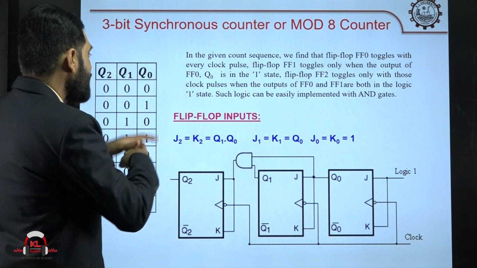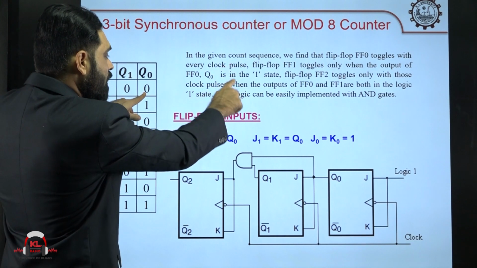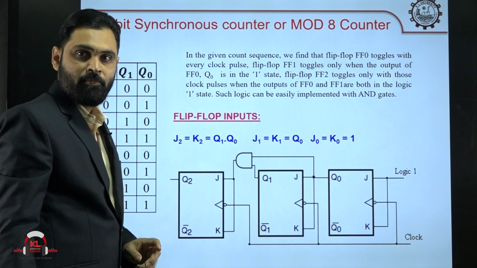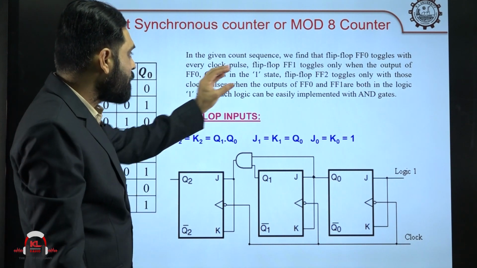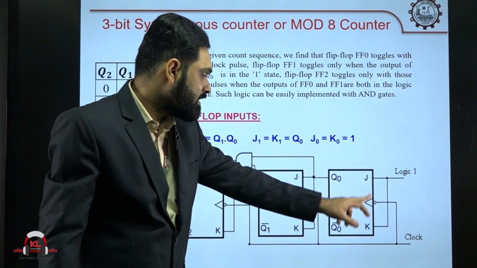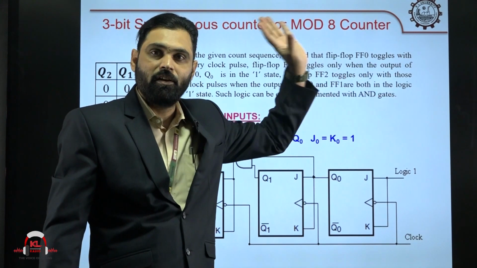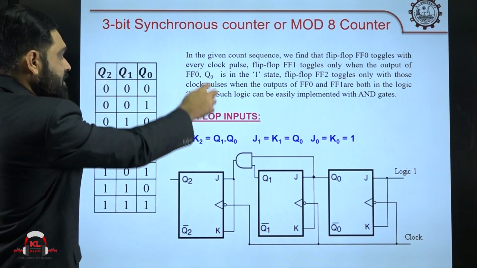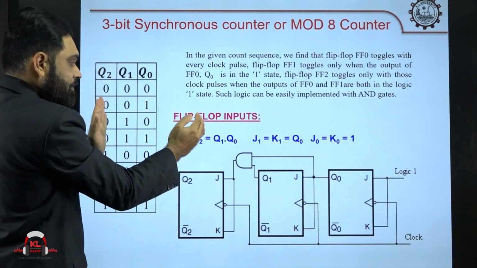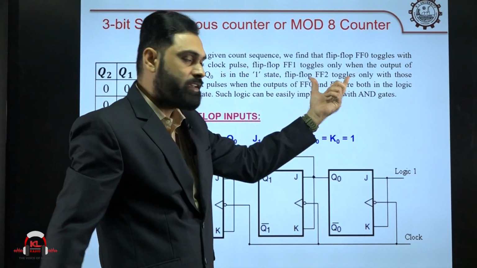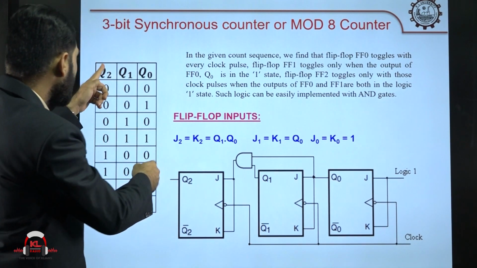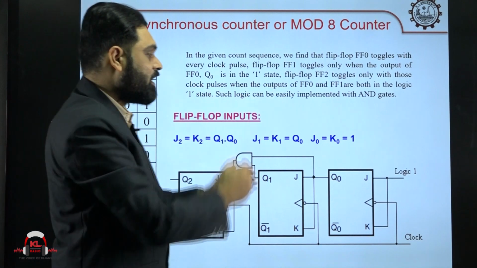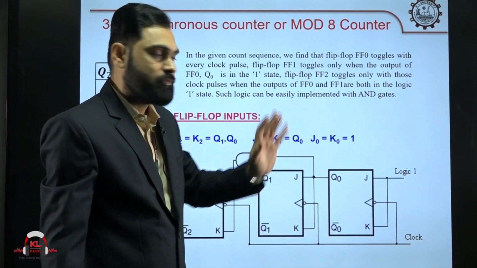After that what we have to do is take the Q0 column of present state and the Q0 column of next state. These two you have to compare with respect to the excitation table, and you have to put what is J0 and K0. And after that you have to compare the Q1 column of present state with the Q1 column of next state, and after comparing these two you have to fix J1, K1. And you have to compare Q2 of present state and Q2 of next state, and with respect to that you have to calculate J2, K2.